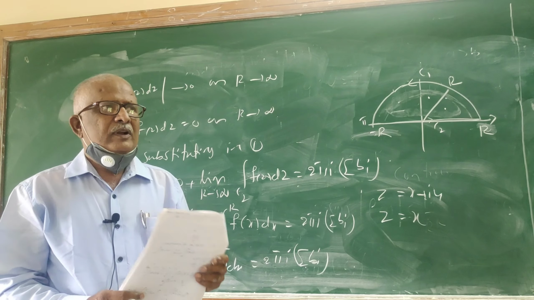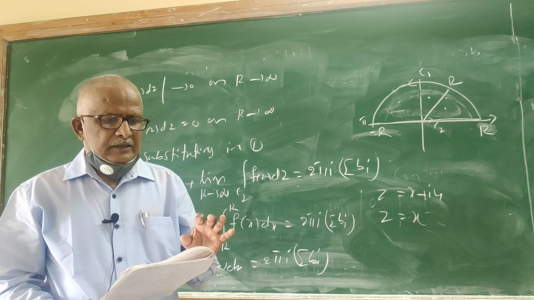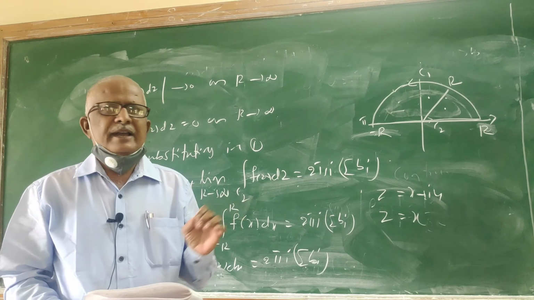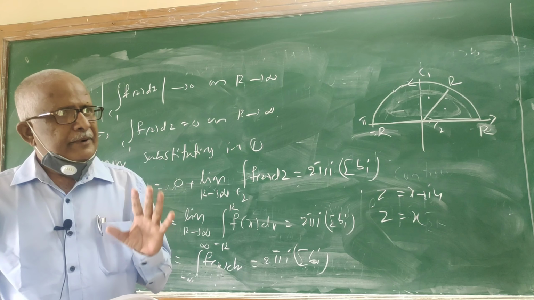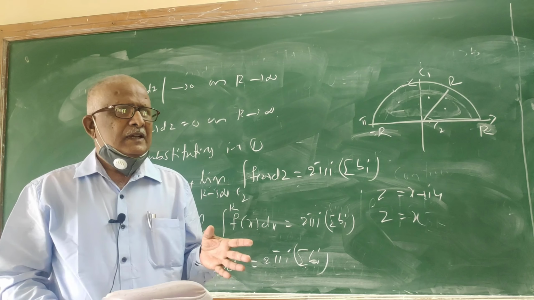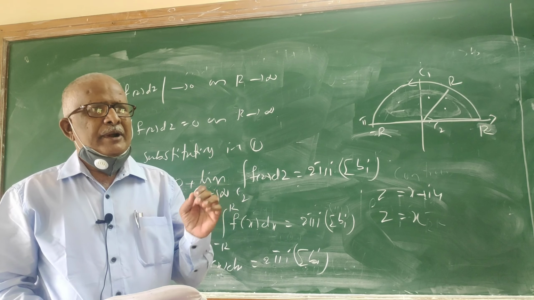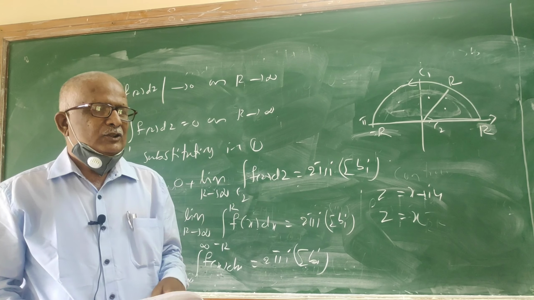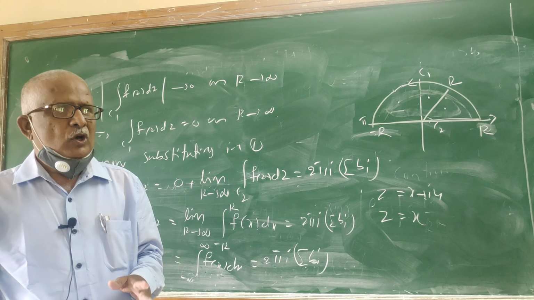For which I have taken one of the standard examples. Most often it is asked in examinations. There are two arbitrary constants, one is small m and another is small a. These are arbitrary constants. These may be assigned any real numbers. Most of the time m and a appear, and sometimes m and a are replaced by 1. So it is one of the standard examples, and I am going to solve it now.